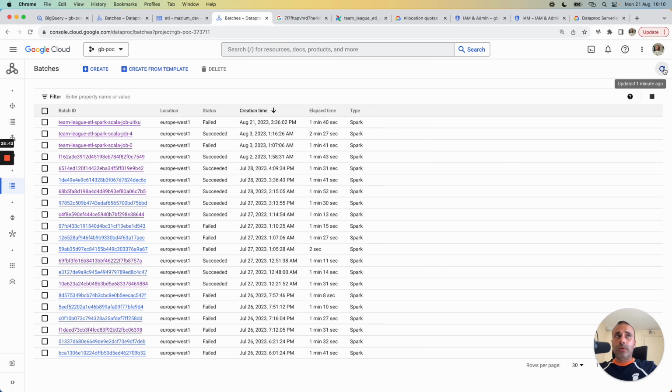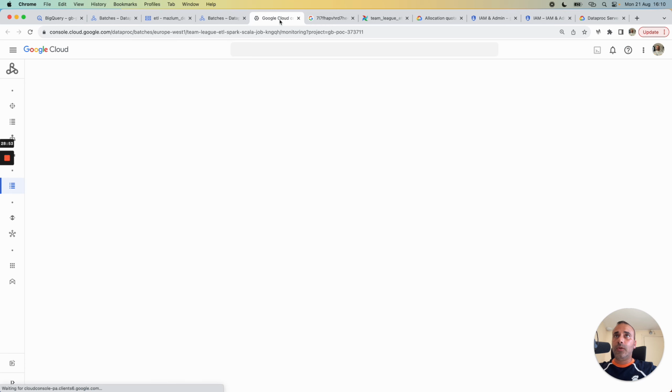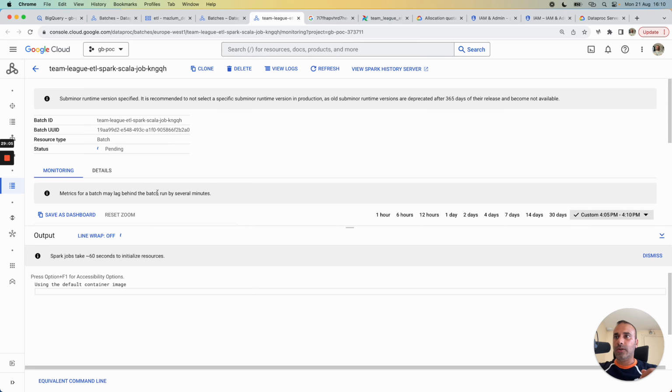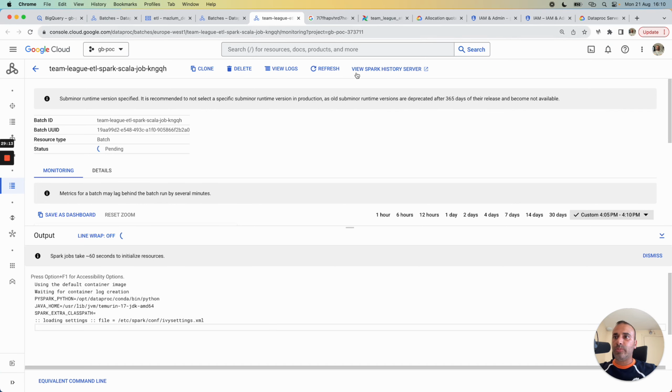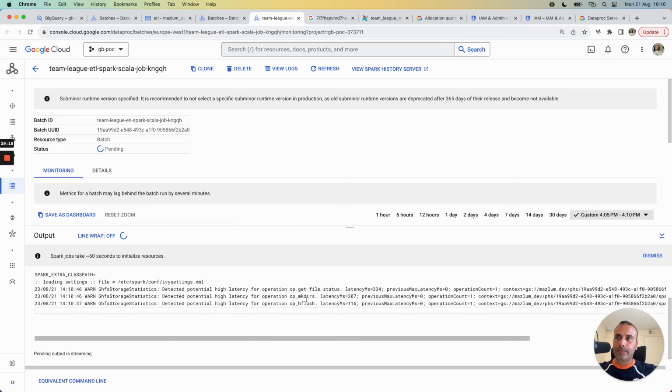In this menu, normally the Dataproc serverless is in a pending status here, and Airflow instantiated the Dataproc serverless job here, and the job will read the data, apply the different transformations, and write the result to a BigQuery table here. It will take a few seconds to finish, but the job is not very long in this case.